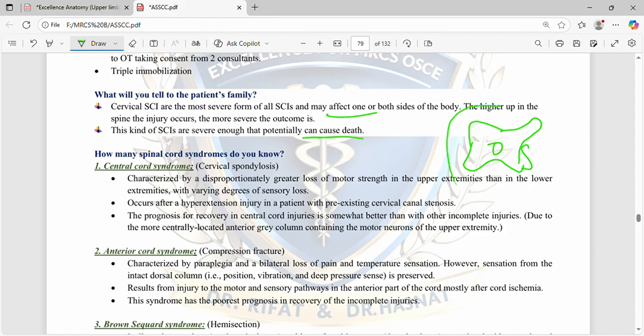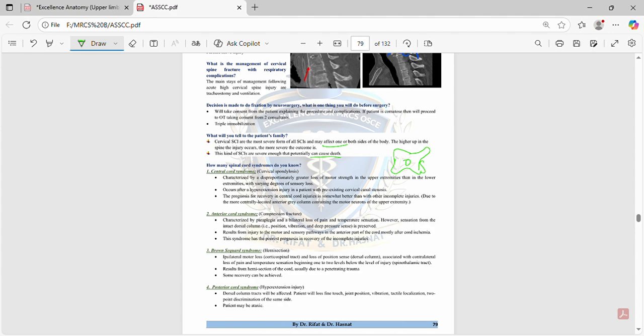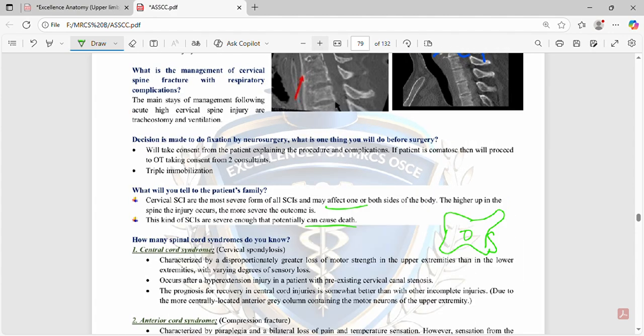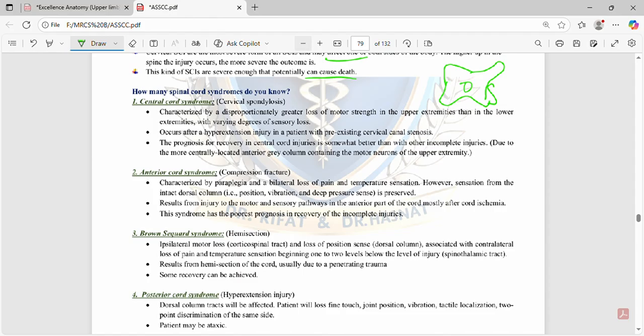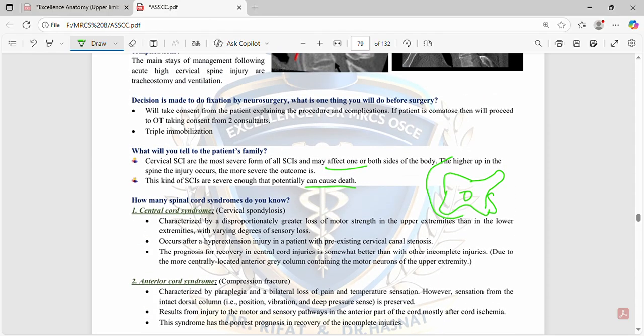In the cord, you should know that anterior is the motor and posterior is the sensory. Most probably the central cord syndrome here occurs with hyperextension or hyperflexion, characterized by disproportionately greater